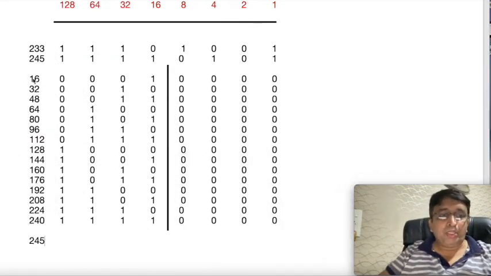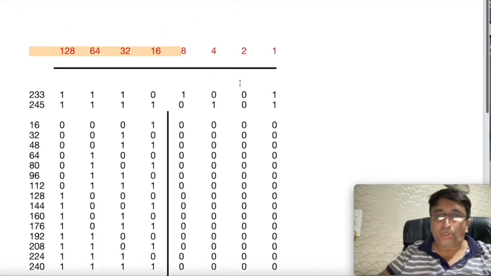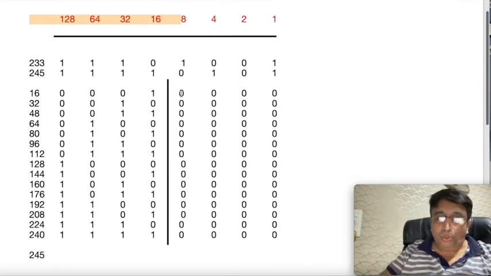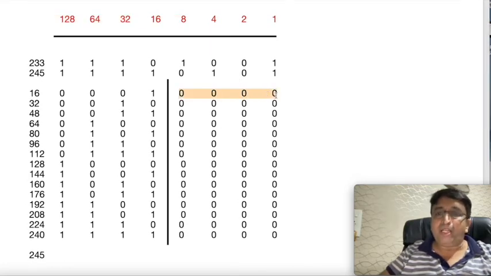You can see 16 is 0001, 4 times 0. 32 is 0010, and so on. We have got it up to 240. Now what happens over here is, as we know, the fifth bit has value 16, and next is 32, 64 and 128. So for the chart of multiples of 16, the next nibble, that is the values of 8, 4, 2 and 1, will never change. You can see over here, the second nibble in our byte will always remain 0. For all the numbers that are multiples of 16, the second nibble is going to remain 0.